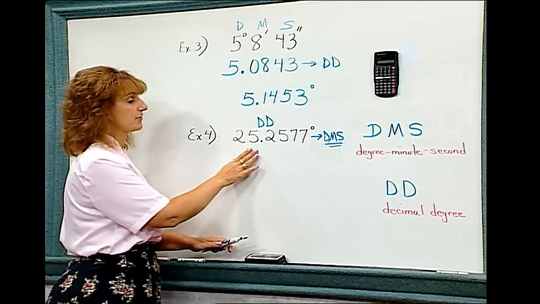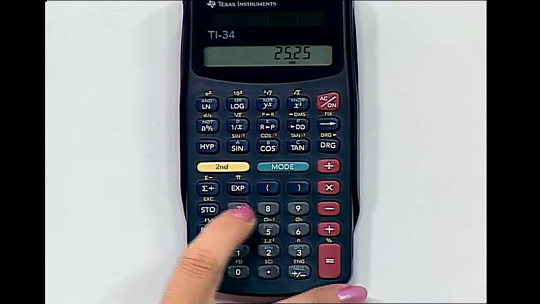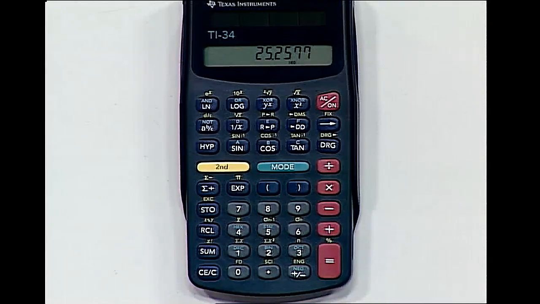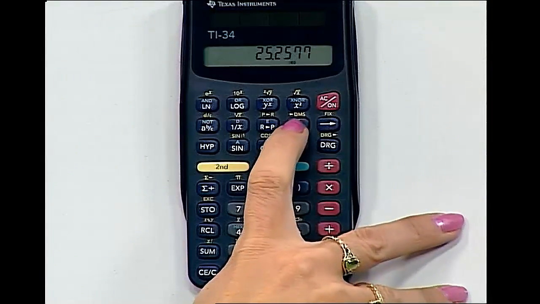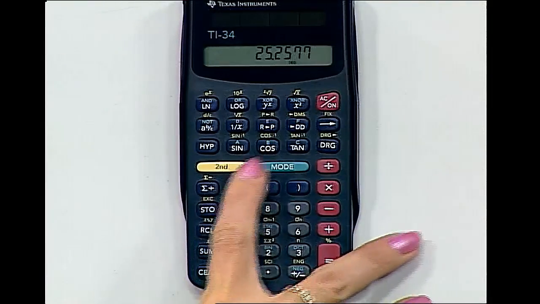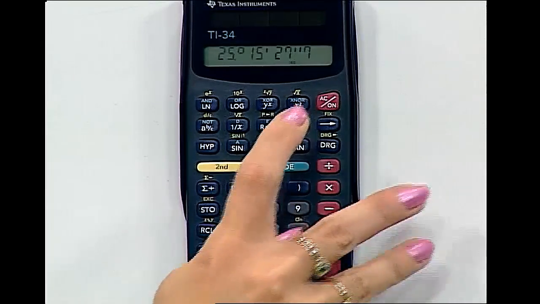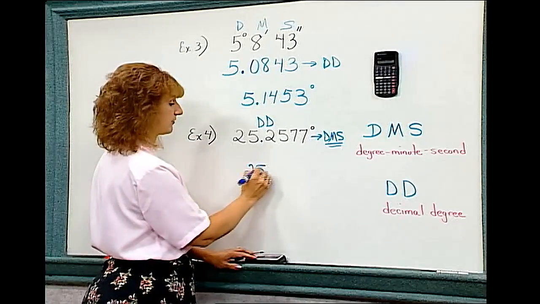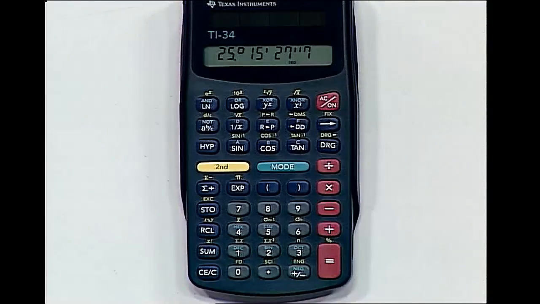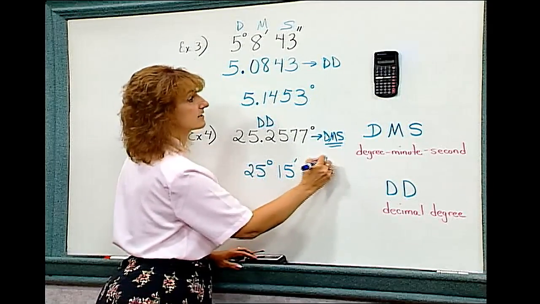We're going to enter in our 25.2577. Remember, to hit degree, minute, seconds up here, we have to hit the second and then that button. So I hit second, degree, minute, seconds, and I get 25 degrees, 15 minutes, you'll see 27 seconds,